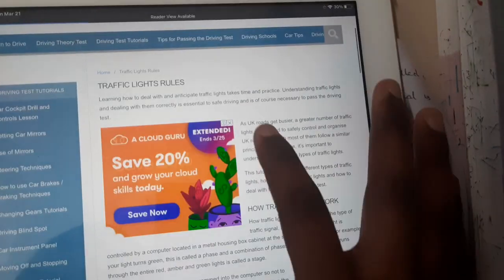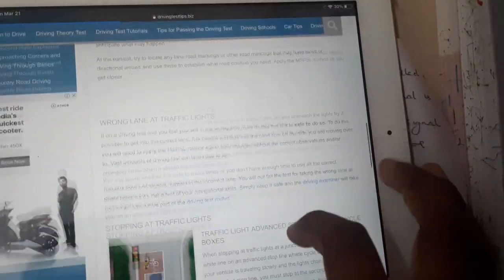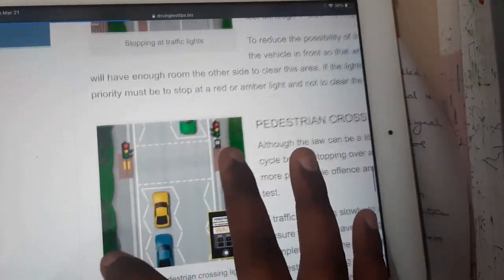I think this is an image from a game. Just give me a second, I think it's loading. Okay, yeah, it is from the UK only. So here you can see, right?